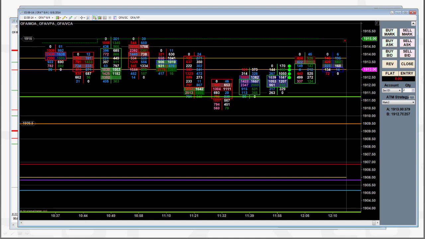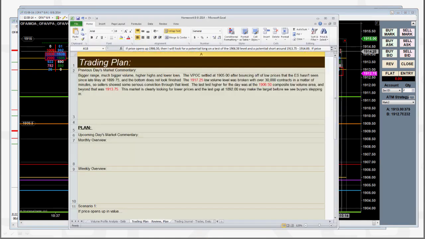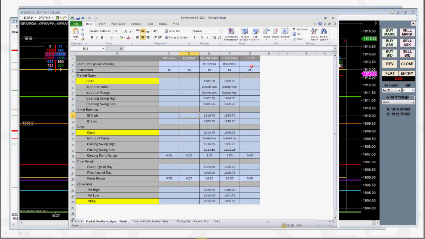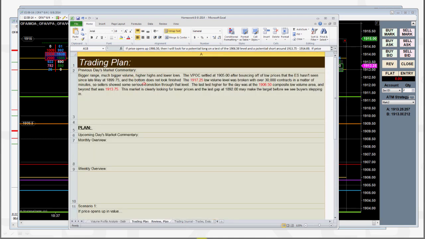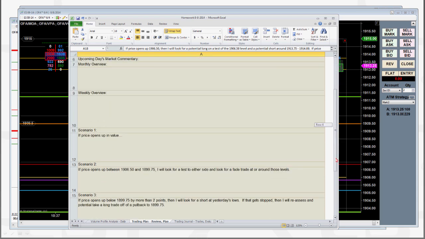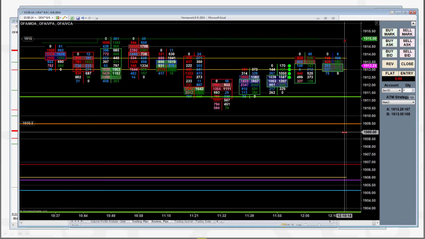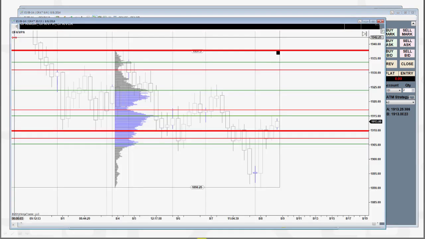Any homework? Yes, good question. Take this document and fill it out. So complete Friday's session. Enter in this information from today. And then do your commentary and do an analysis based on at least 2 scenarios. And you're looking for a scenario to say something like, if price opens up here. So if I were to look at today's